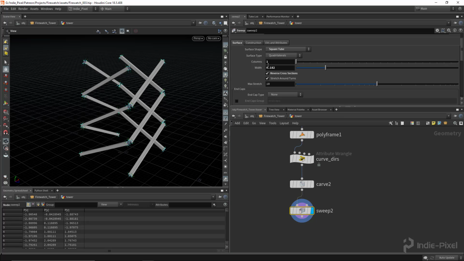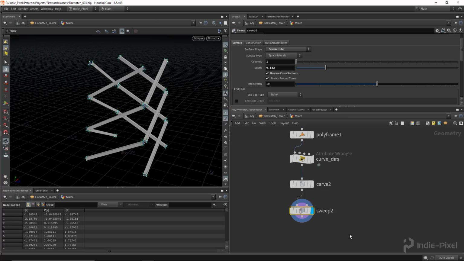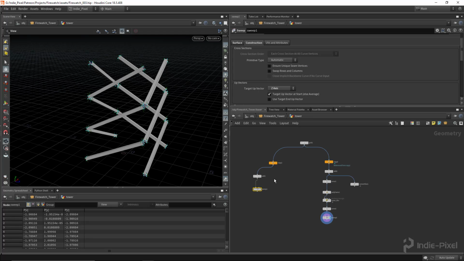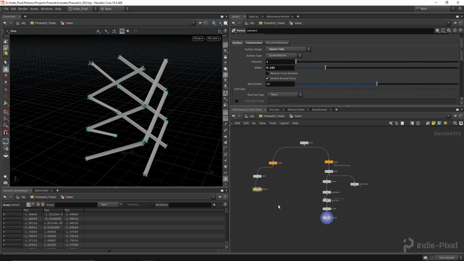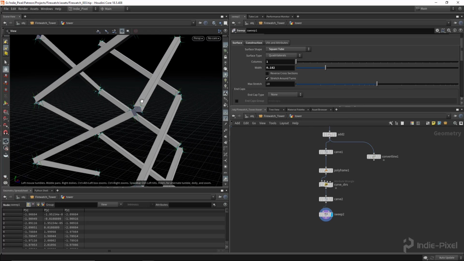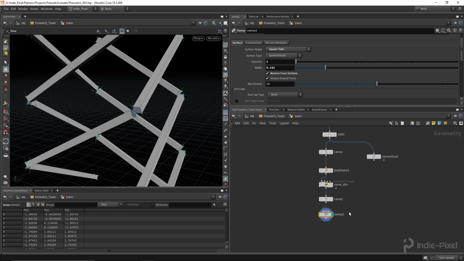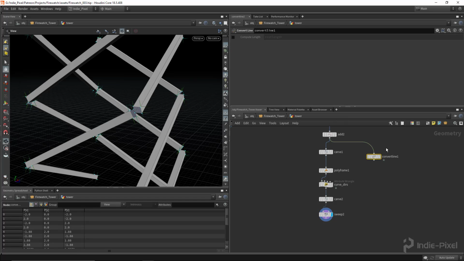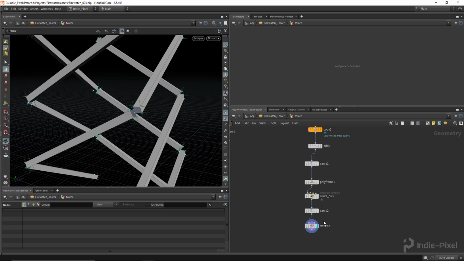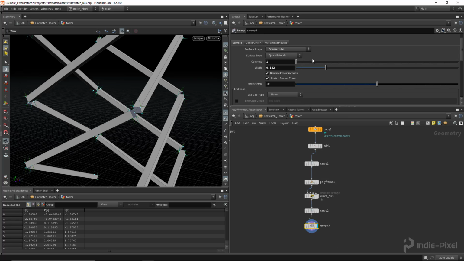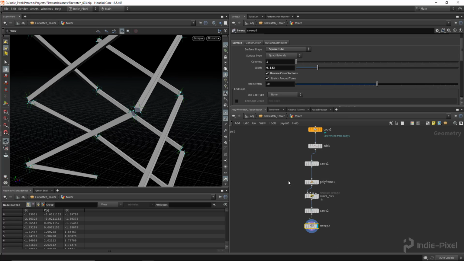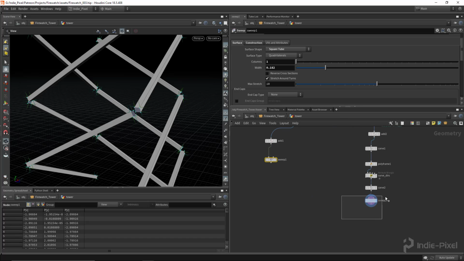And like I said before, because we're going to be doing this sweep stuff quite often, and I also want to take advantage of the UV construction from the sweep node, we really should create an HDA to do this for us without us having to plop down the sweep node and getting all the settings set each time. So that's where an HDA really comes into play. It's very handy. Let's get rid of this convert line node as well. And so with that, I'd say now is a perfect time to merge these two guys together and then focus on creating that